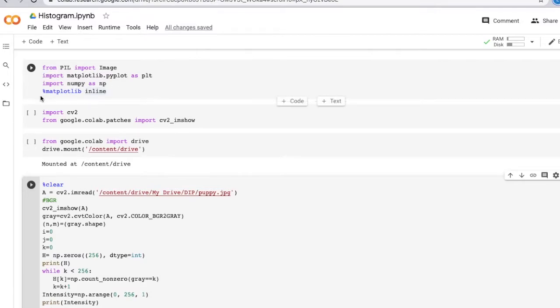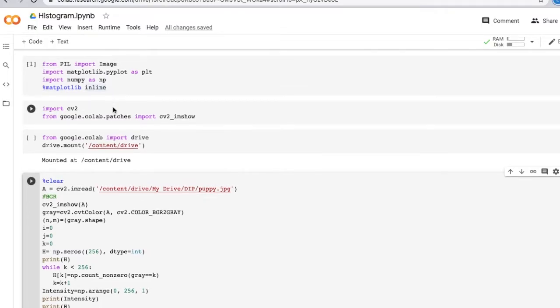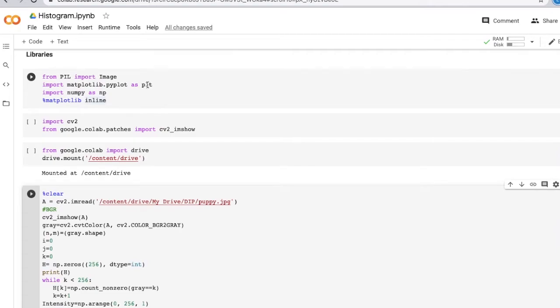Then we want to give a command line as %matplotlib inline. This means that whatever we execute will come inline instead of in a new window. This command is very useful. I personally like Colab because it has an advantage over Spyder: we don't need any kind of software installation at our end, and the second thing is it makes it device independent. Wherever you are using your Gmail ID, you can work with Colab. That way you can access any image which is there in your Google Drive.